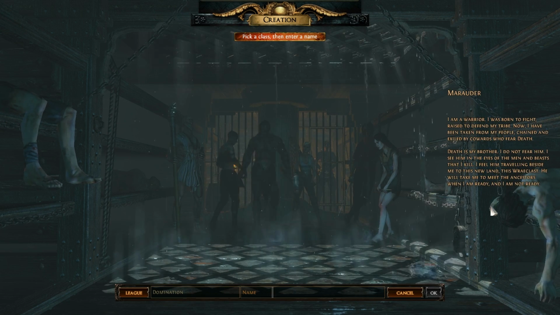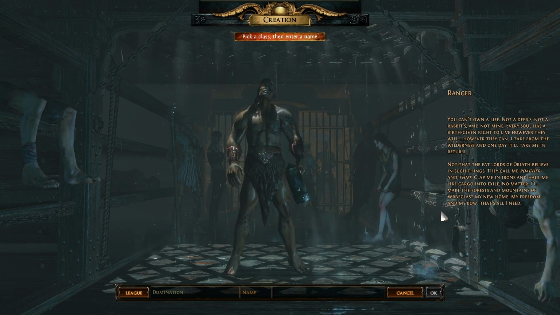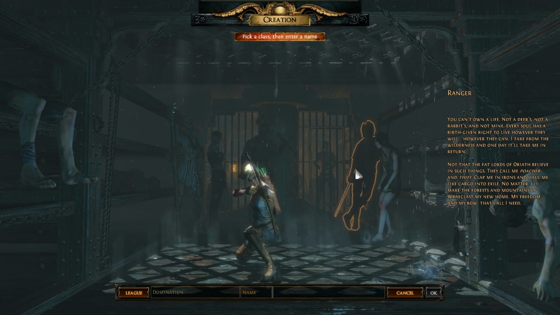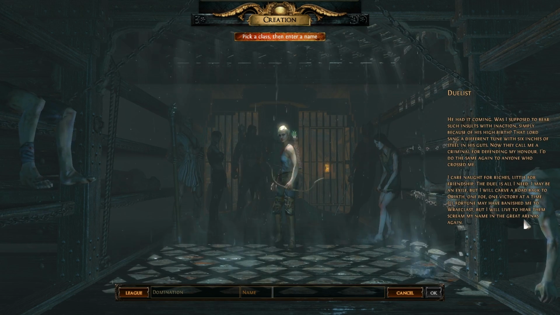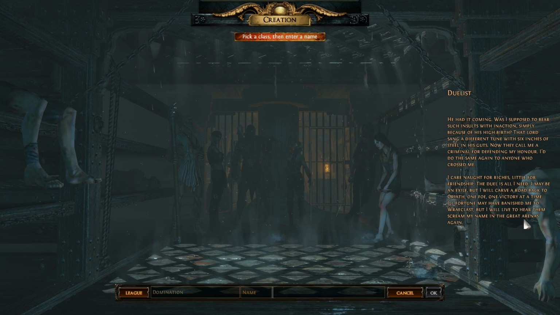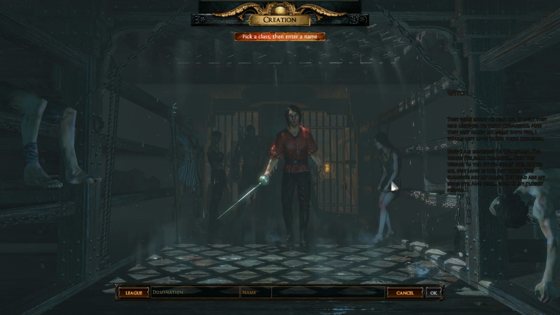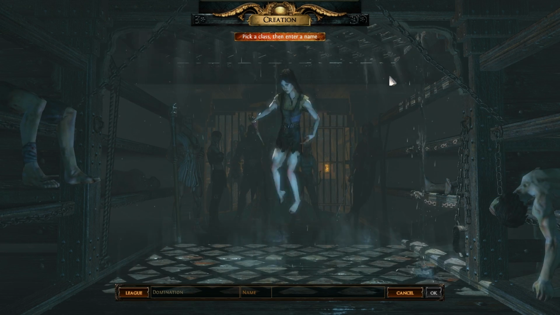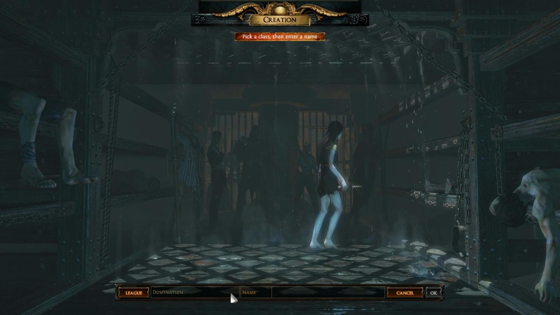Marauder is the barbarian style pure strength character. Ranger is the pure dexterity archery type character. Duelist is the strength and dexterity style character. I don't really have a comparison for him. And the witch is the pure intelligence character. Just go in the back, stop talking. Alright, so what's interesting about